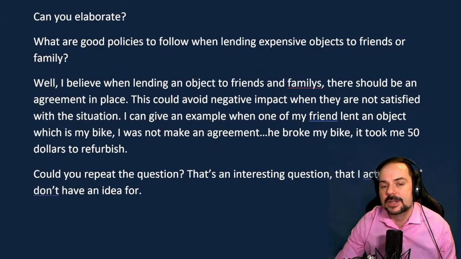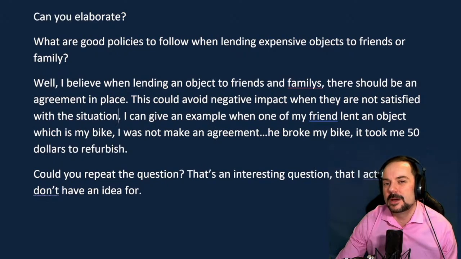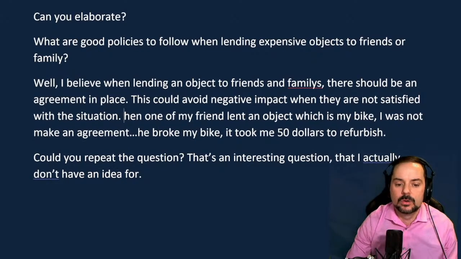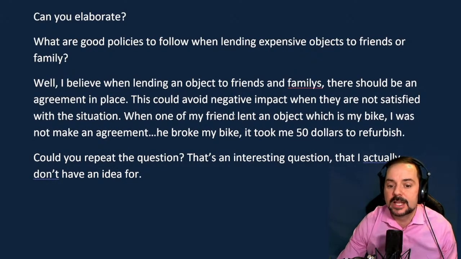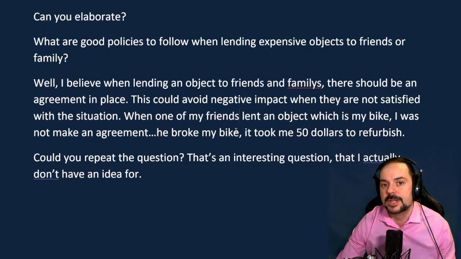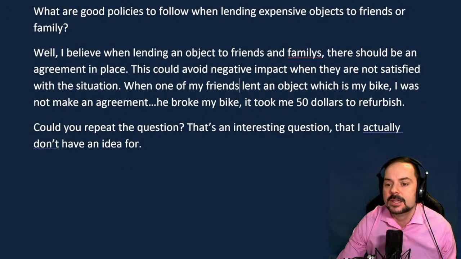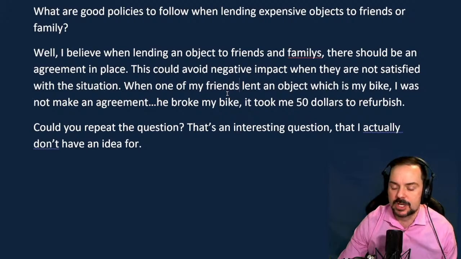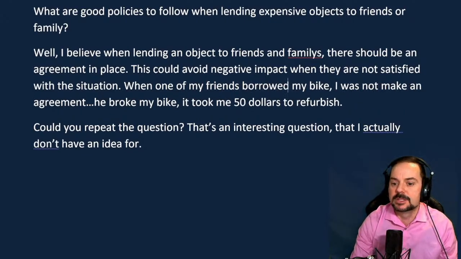And then you said, I can give an example. Just be really careful when you do that, Bharat. You know how we have that video about don't say for example? It's better to just give the example. So start right away with when. Okay. So when one of my friends, one of many, so it's always a plural noun, when one of my friends lent an object, which is my bike. That's confusing because they didn't lend the object, they borrowed the object, right? It's the opposite exchange here. So when one of my friends borrowed my bike, okay, keep it simple. Borrowed my bike,